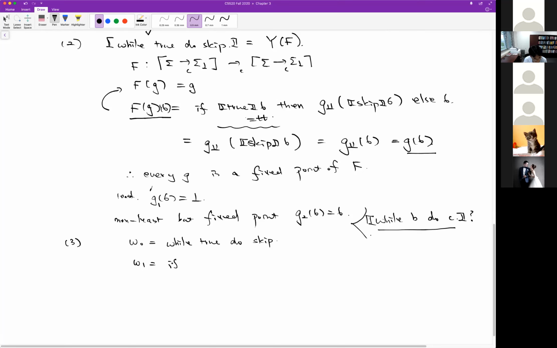So you'd say if B then the program first runs C. So if the Boolean condition is true, we run the body of the loop. But afterwards, we run W0, otherwise skip. And then W2: if B, then C, W1, otherwise skip, and so on. So each Wn models, in a sense, the while loop